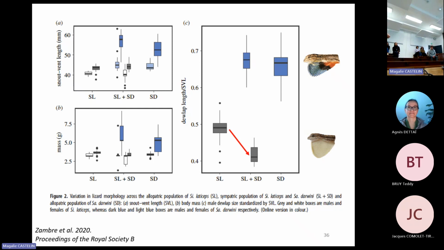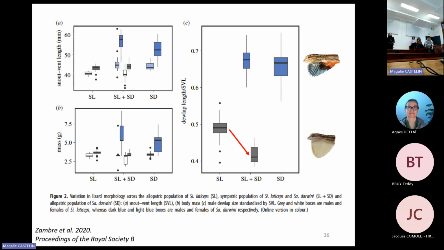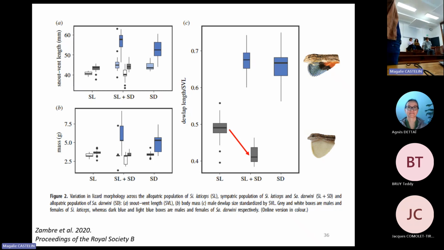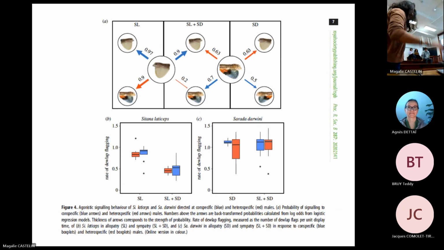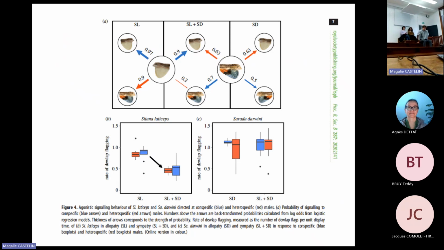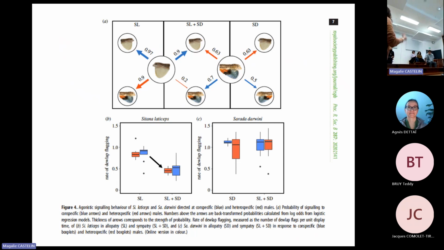So interspecific competition has changed the white dewlapped male to invest less in his signal than if he was alone. It doesn't affect the dominant colorful lizard, right? Behaviorally, it does the same thing. Again, I want to just put the arrow so you can see the shift. Laticeps, his flapping rate also reduces in sympatry with a dominant colorful